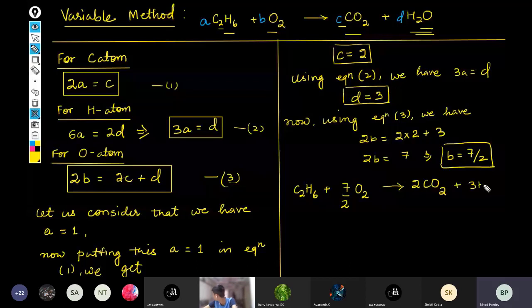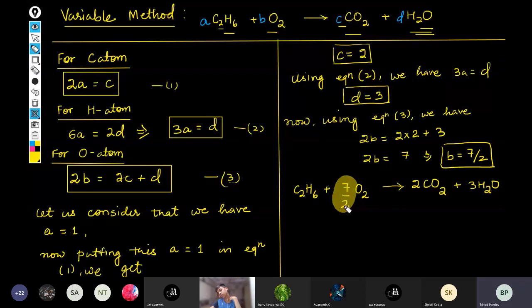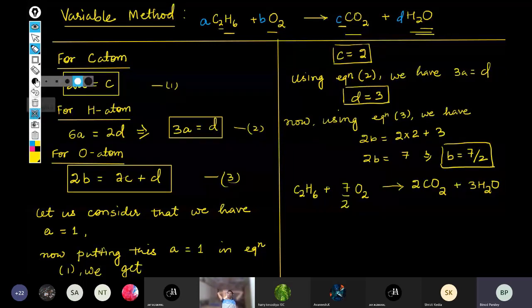So you can write this equation as it is, or, we are not familiar with this thing, children, right? हम बहुत नए हैं अभी इस चीज के लिए ना, with this 7/2. Okay, we are very new with this. ठीक है, तो हम इसको क्या कर सकते हैं बेटा? So simply we can remove this 2 from the denominator. And how can we remove it, children? We'll multiply the whole equation by 2.